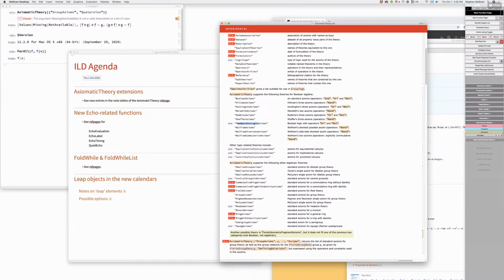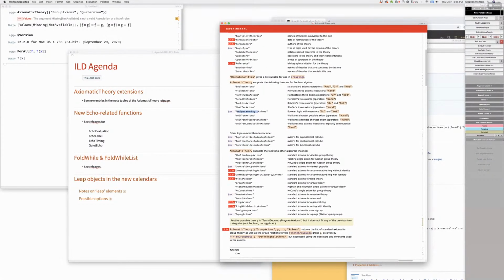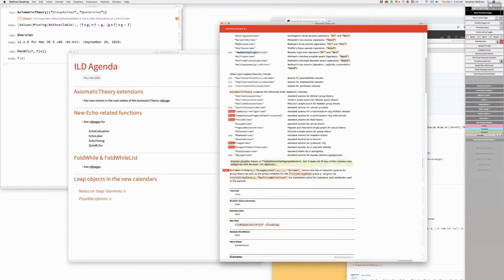So the problem is that when we've used this before, we've just used arbitrary system symbols, right? Which we don't want to use here. That's the whole point. Yeah. We want to use some kind of operator form. Okay. All right. Well, it's a pity we can't get that in for now.